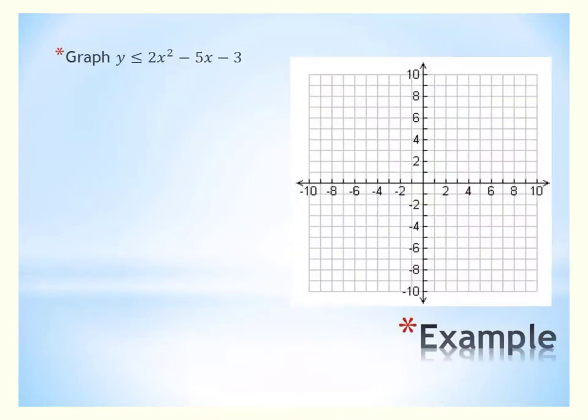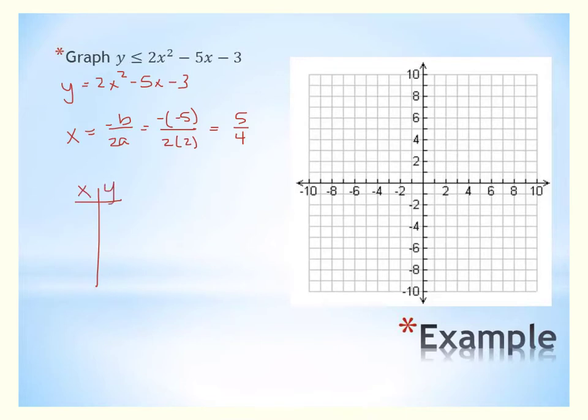So our first one, y is less than or equal to 2x squared minus 5x minus 3. And I would consider it just as an equation for graphing purposes. So you can think of your inequality just as an equal sign. And if I want to graph this, the first thing I'm going to use is my axis of symmetry. And it's negative 5, that's what my b is, over 2 times 2, which is a positive 5/4. Okay, so that's 1 1/4, and so